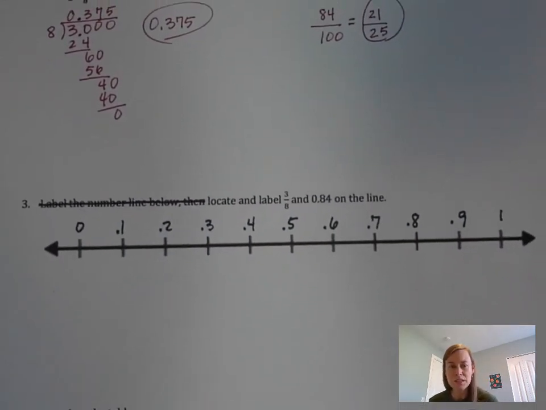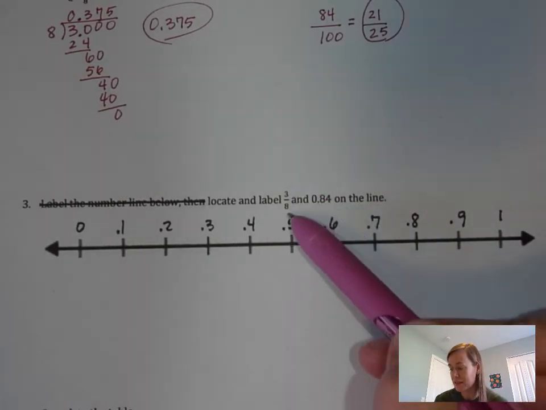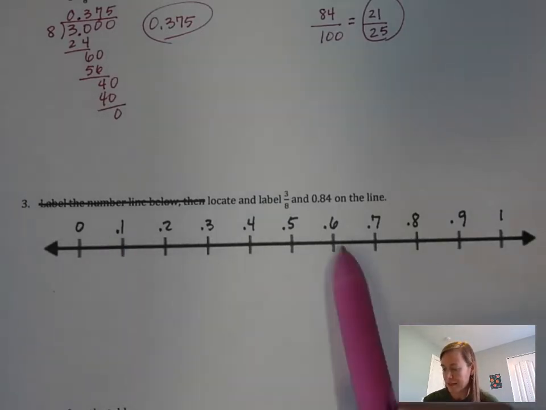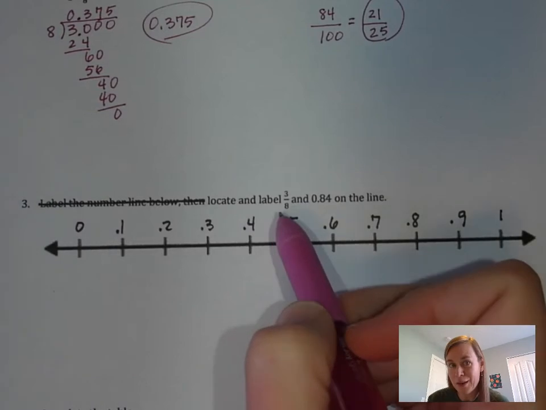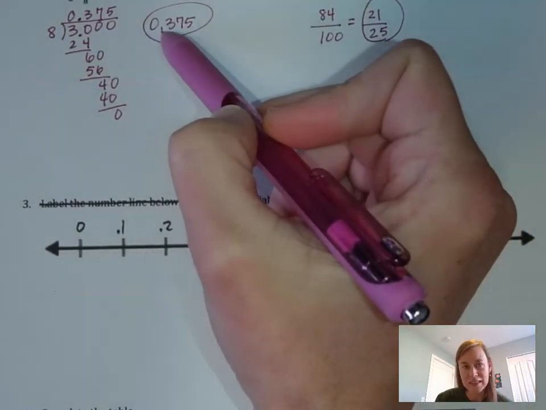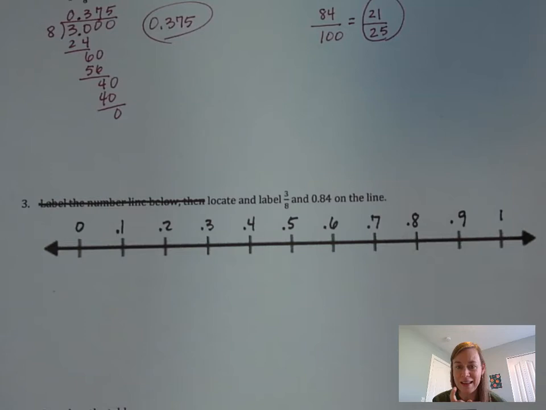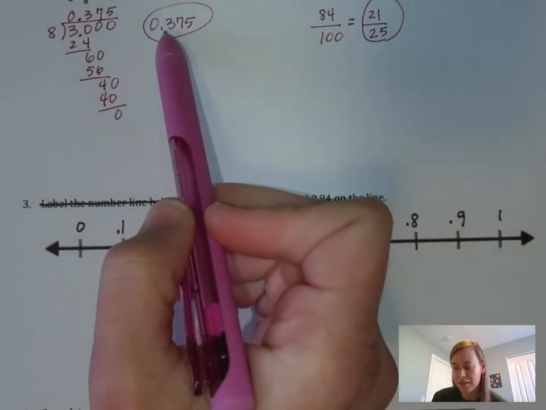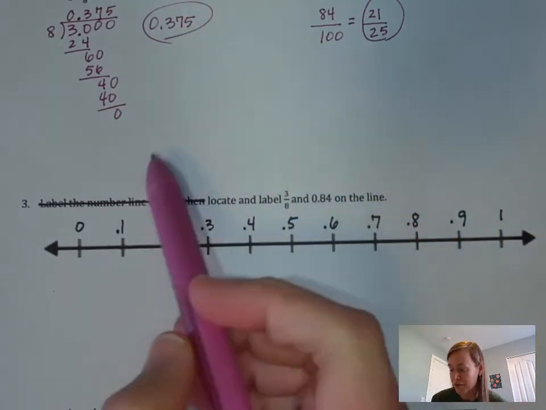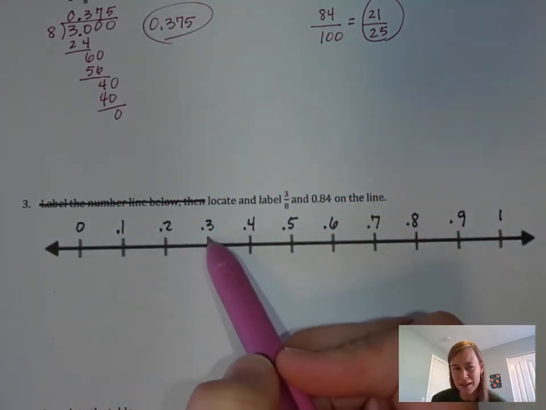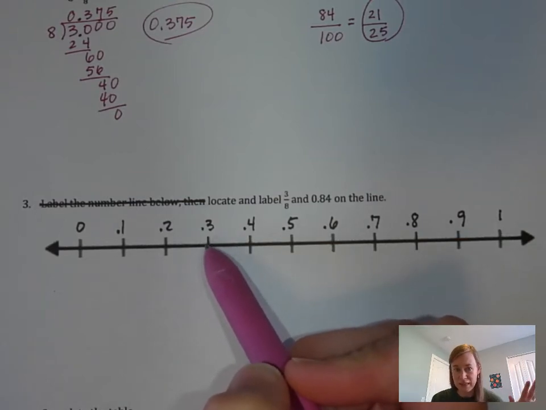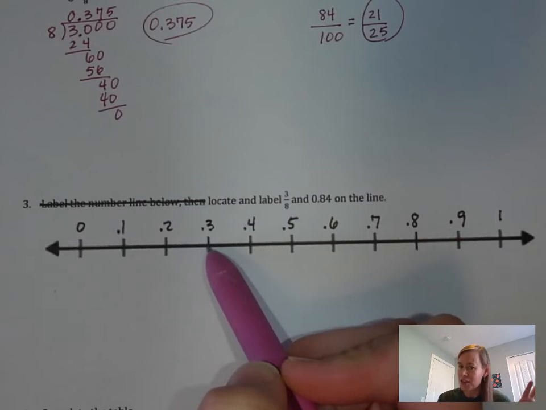In number 3, you're supposed to locate and label 3/8 and 0.84 on the number line. Now, I find it a lot easier to work with decimals when we're putting it on a number line like this. So instead of thinking of 3/8, I'm going to look up here, because we just solved it. It says 0.375. Now that I can put on this number line. So what is in the 10th place up here? Right there? 3, right? So you're going to find 0.3 here, and this will be kind of like your starting place. Now, if the decimal was 0.3, and that was it, this is where you would draw your dot. But it's not just 0.3, it's